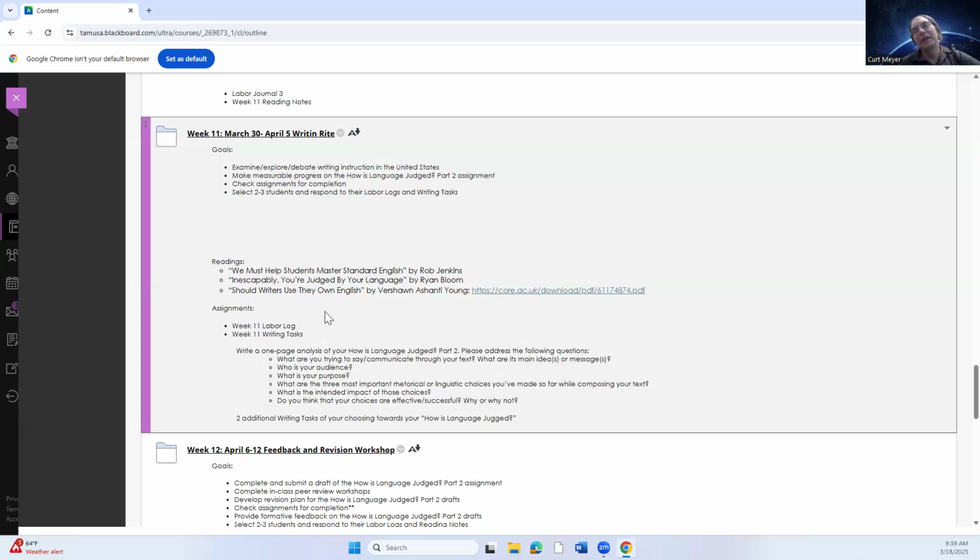One might be assessed negatively, for example, for using non-standard English or code meshing, if you will, in an academic or professional context. Often that happens, right? So he talks about that, but he also talks about that